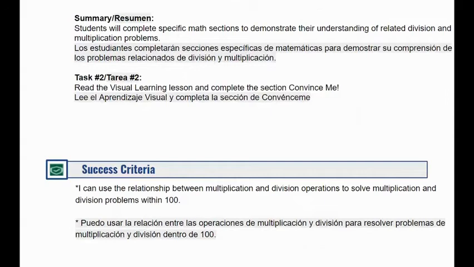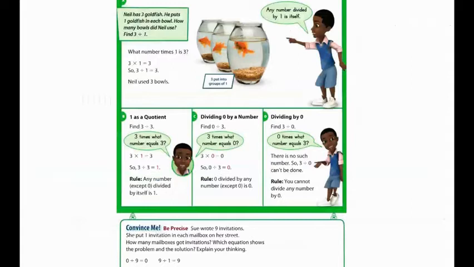For Task 2, students will complete specific math sections to demonstrate their understanding of related division and multiplication problems. To be successful, students will use the relationship between multiplication and division to solve these problems. Students are expected to read over the visual learning chart at the top and the Convince Me problem at the